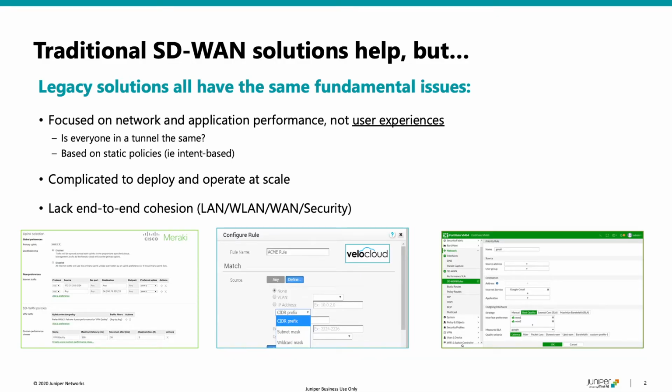Now, SD-WAN, software-defined WANs, have emerged over the last decade, over the last 10 years, to help address these problems. The beauty here is that they try to take policies on how to handle wide area network and application traffic to help route around things like failures and help guarantee things like quality of service to deliver the best possible experience. The issue, though, is that SD-WAN has a lot of inherent technical limitations.